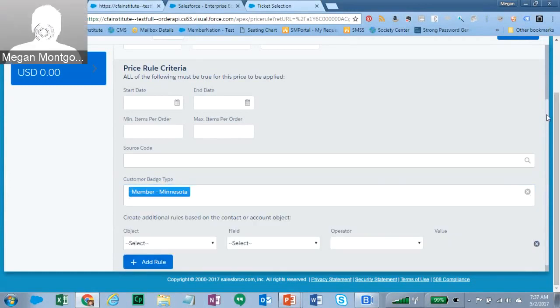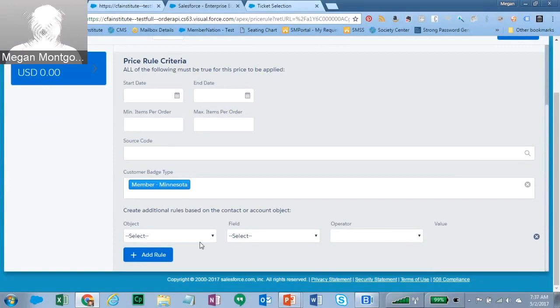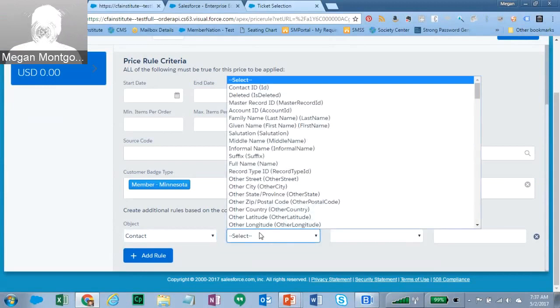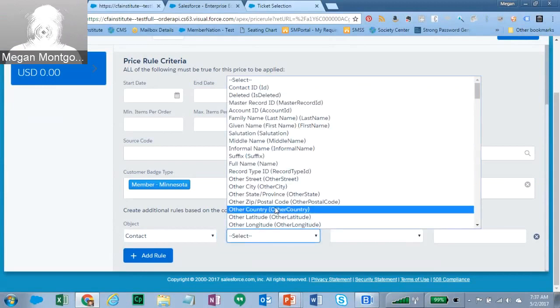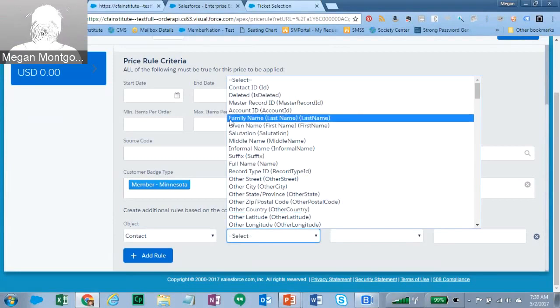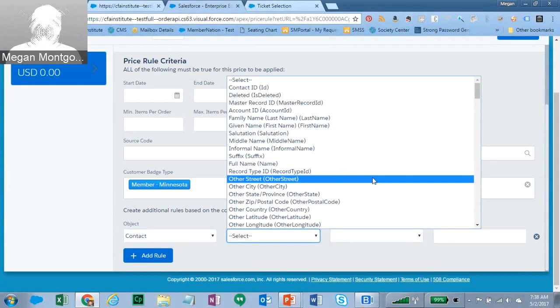And then you also have what's called attribute pricing down here. You can make this as complex as you would like. So you have the ability to choose either an account, which is basically more or less an employer, or a contact. And then you can define all sorts of different things. So if for some reason you wanted to offer a certain rate to anybody named Sally, you could choose that, or anybody who had, I think,